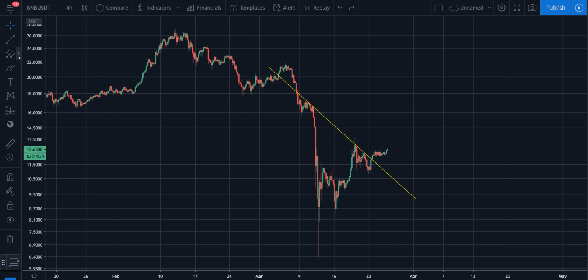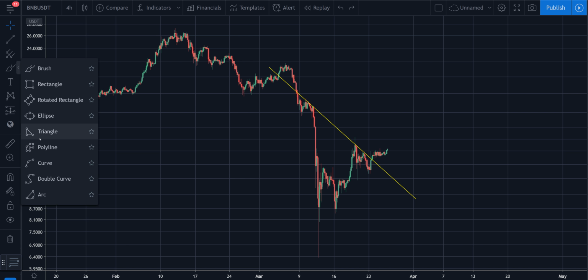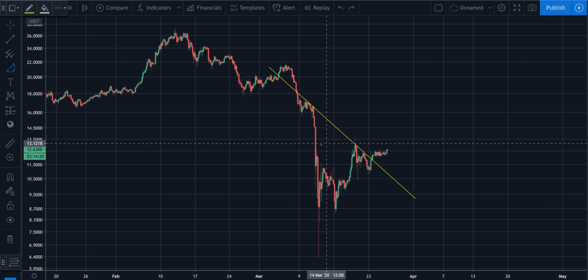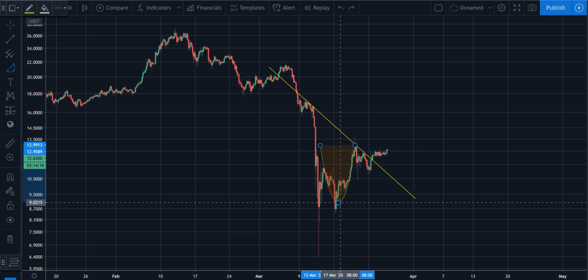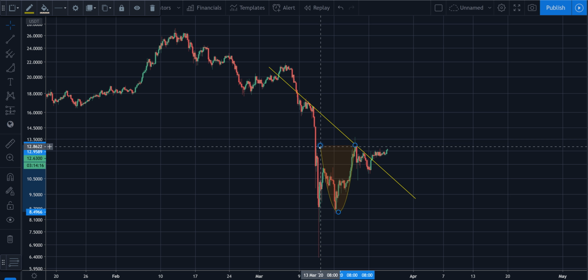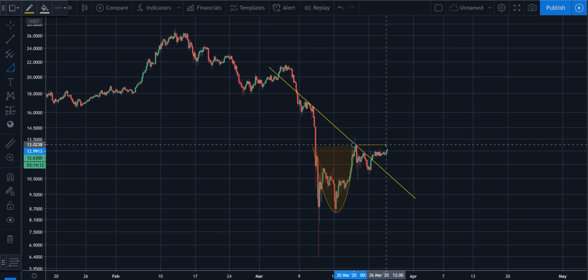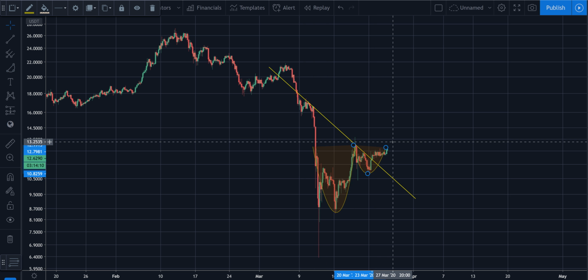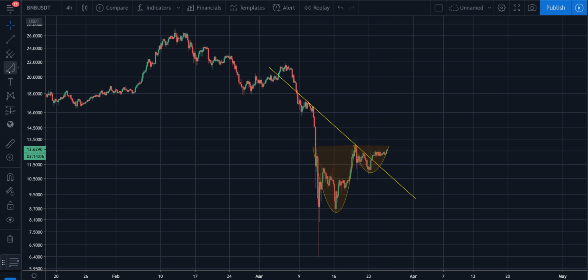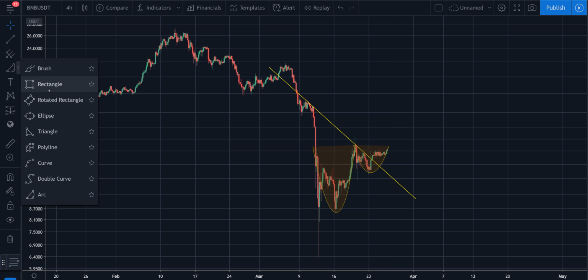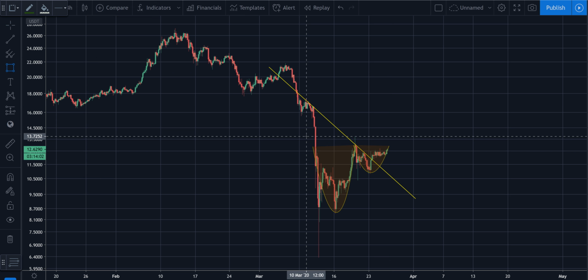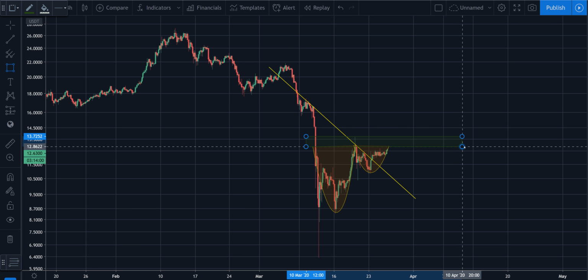Now we also have the same scenario. If this closes above this zone, you can easily say that is a confirmed cup and handle pattern. We just have to look for a close above there, right around here, let me straighten that out. So we're looking for a close above this zone right over here. This entire resistance, we want to have that breached, and then we could probably easily see